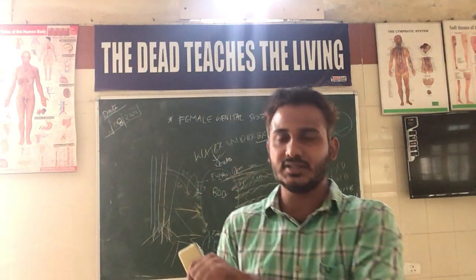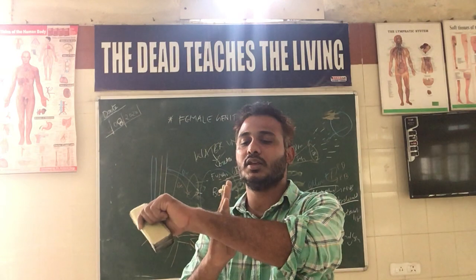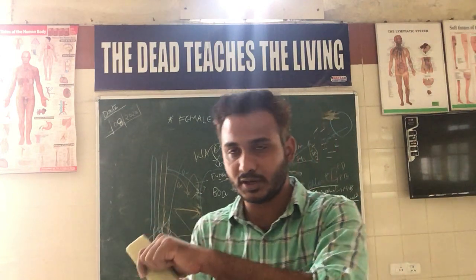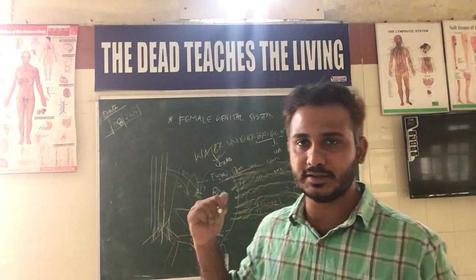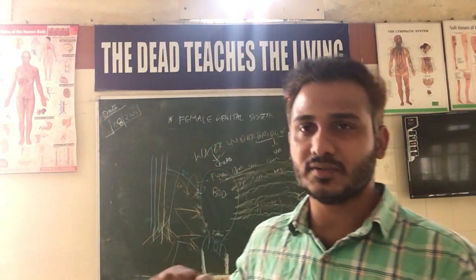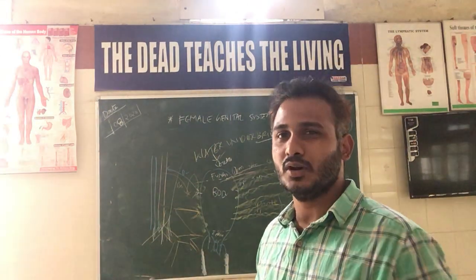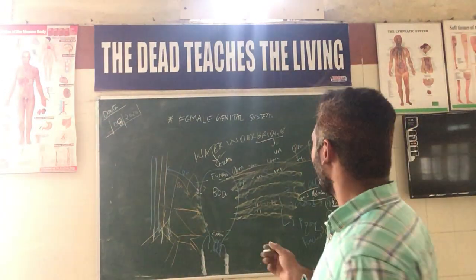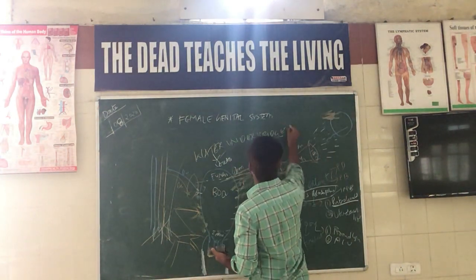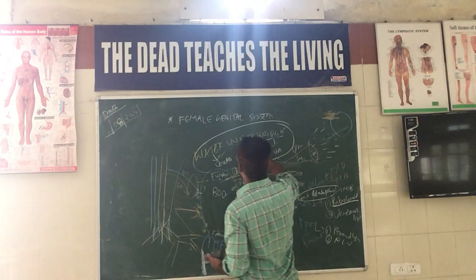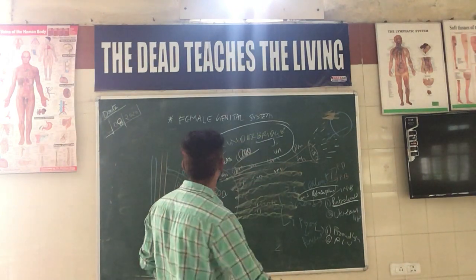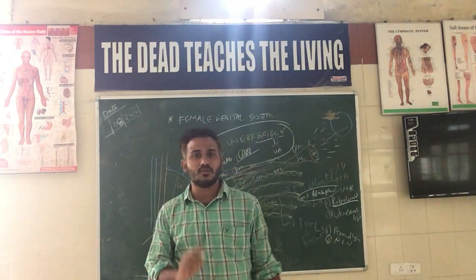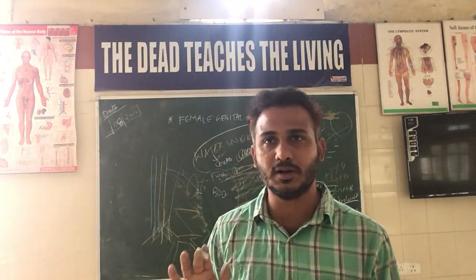So what happens is, accidentally, instead of ligating the uterine artery, surgeons may confuse it with the structure beneath it, that is the ureter, and they may clamp or ligate the ureter. This leads to damage of the ureter and extravasation of urine, which leads to diffuse peritonitis and other post-operative complications. So water under the bridge: water means ureter, bridge means uterine artery. We have to be very careful about this relationship. The uterine artery lies exactly above the ureter, so while performing a hysterectomy, we have to be careful.